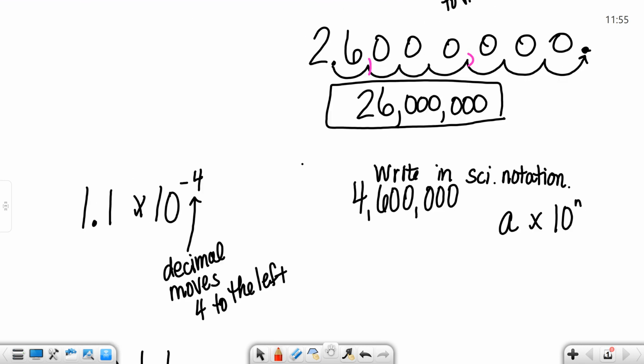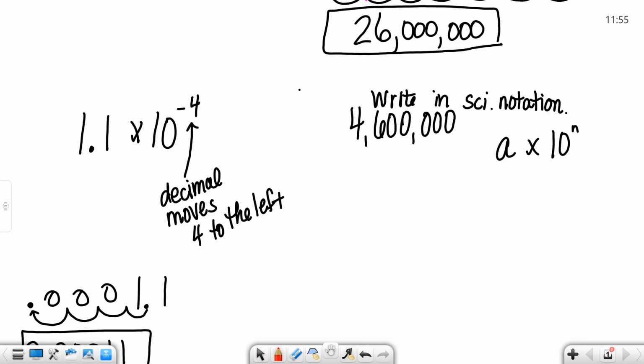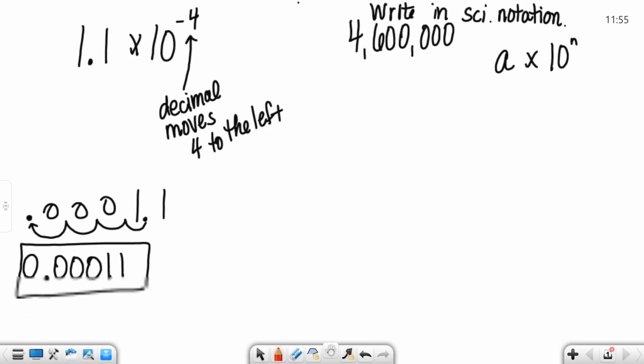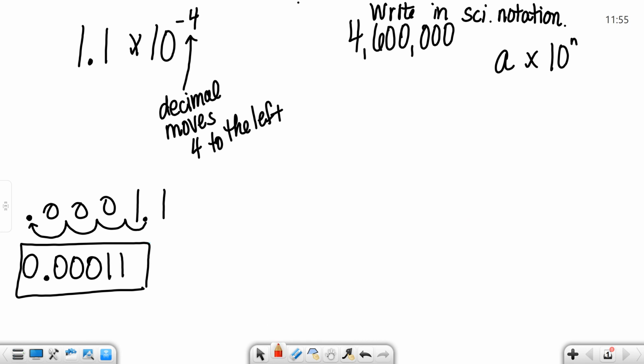I don't think I said 0. I think I said 1. It has to be between 1 and 10. Yeah, it has to be between 1 and 10. All right, so what that means is that I've got to move the decimal. Currently, our decimal is sitting right here. Okay, when you have a normal number, it's sitting at the end if you don't see it. Well, I'm going to move it all the way over here so that this becomes